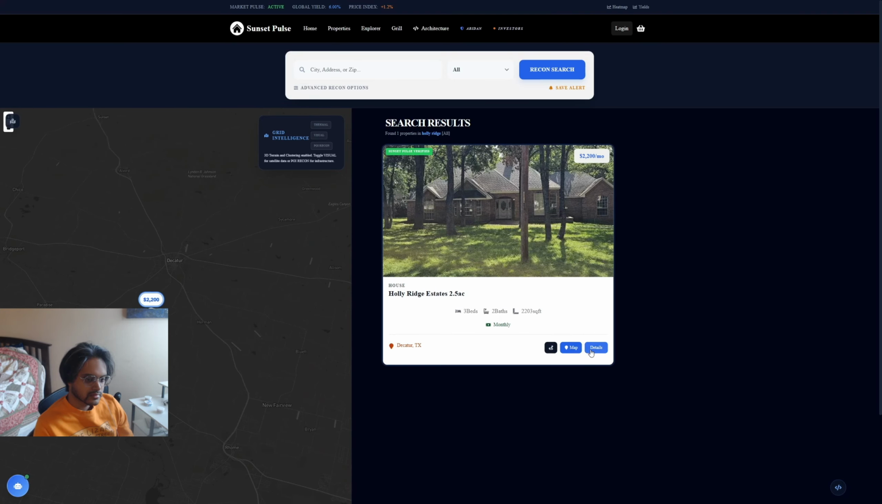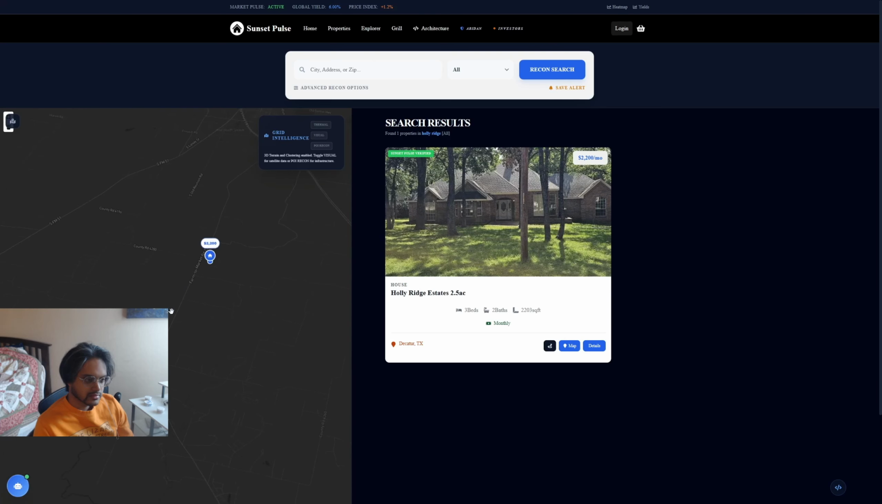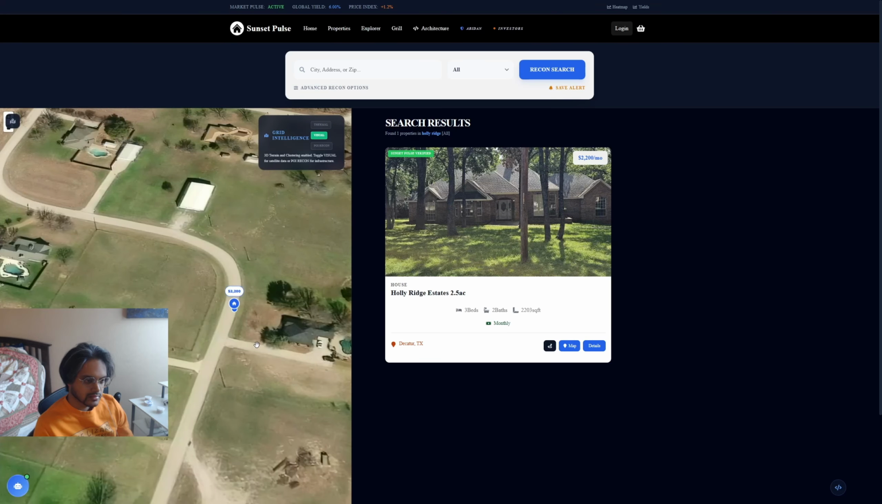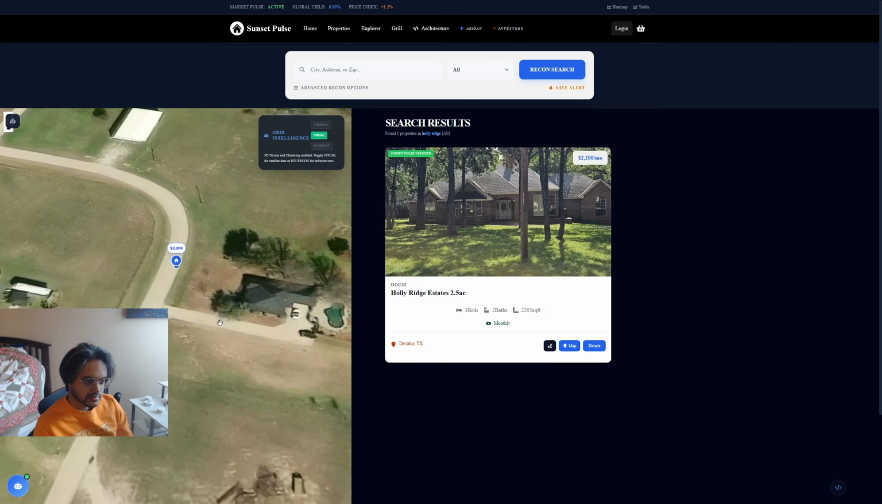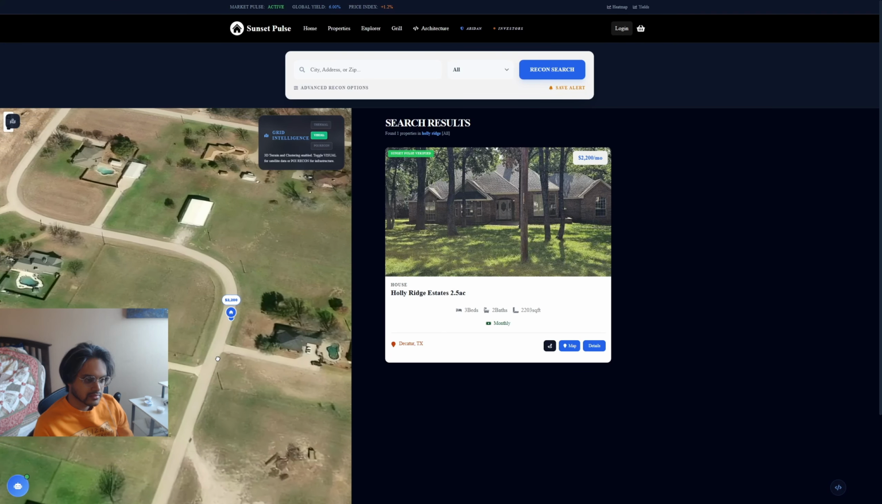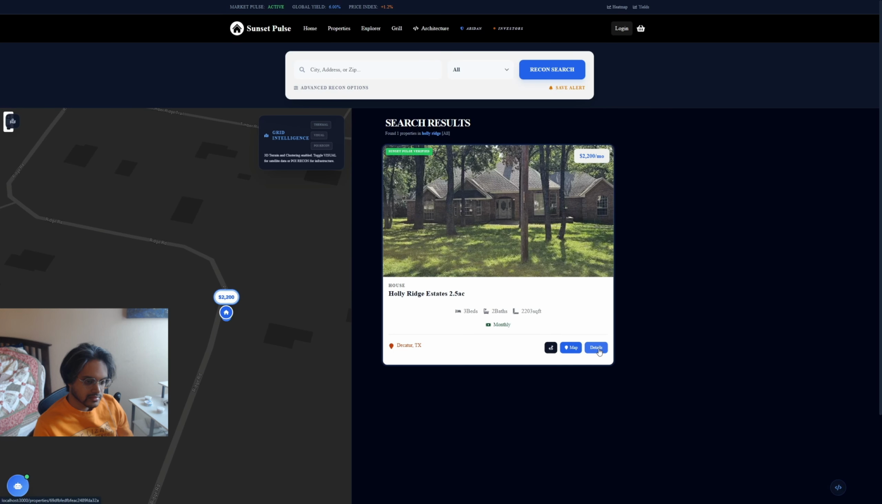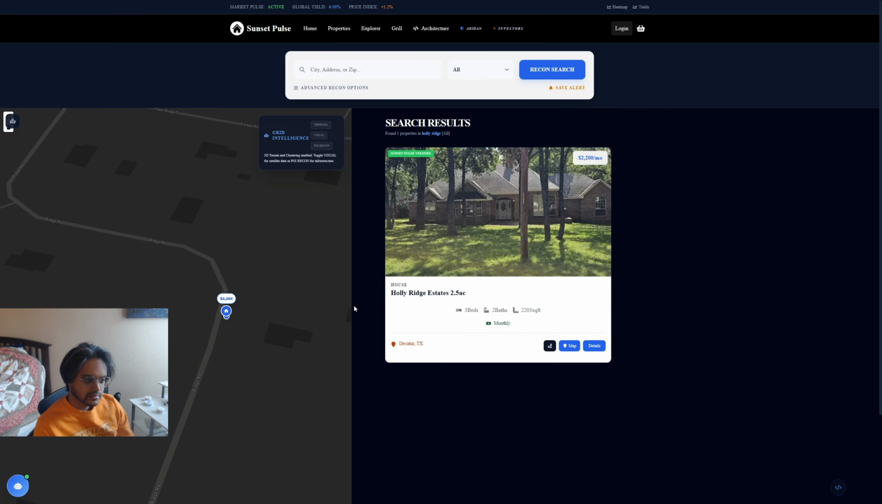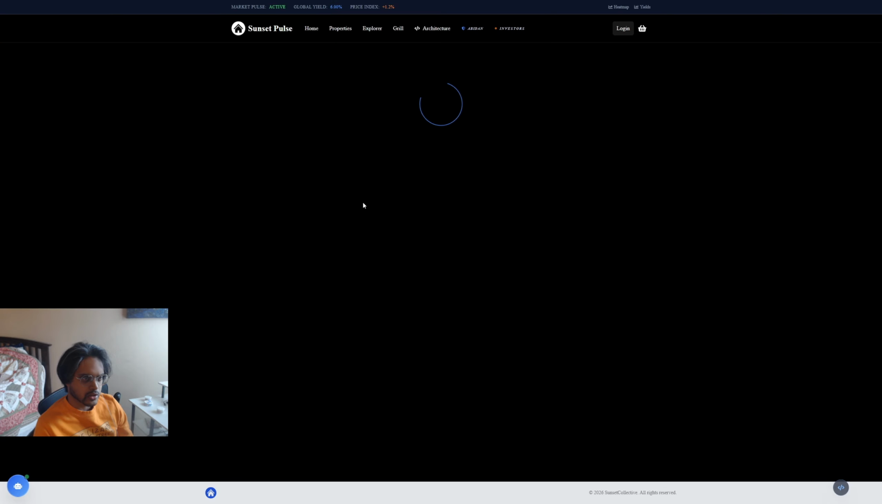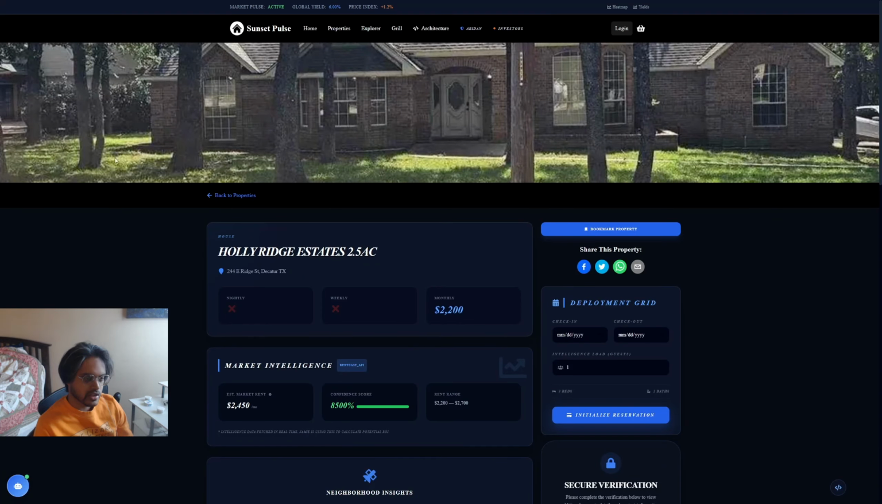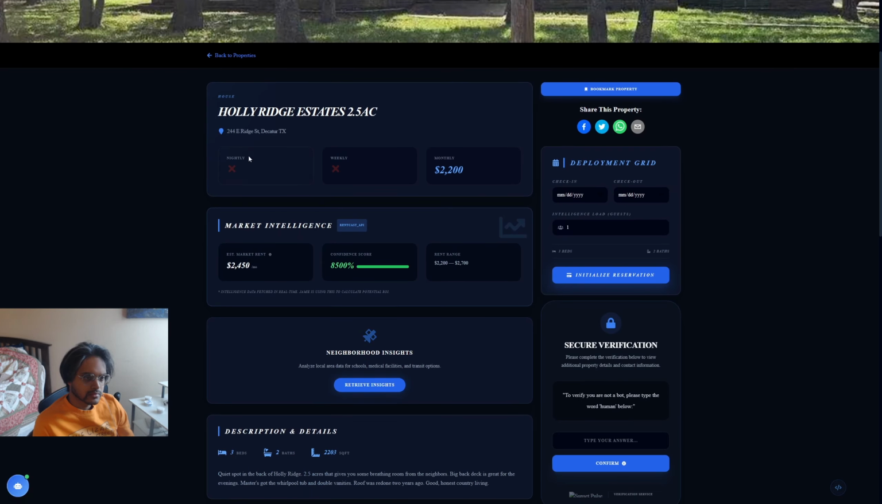If we go into, even zoom in further to the actual neighborhood, you can go to visual, get the satellite imagery on it. Go into details for Holly Ridge. Now we go from the Explorer to the actual properties. We can bookmark the property, we can share it, we can look at all